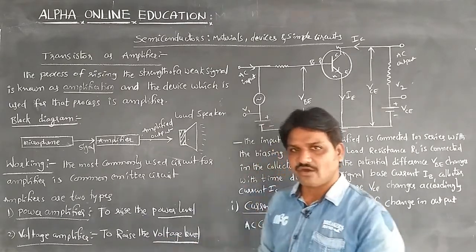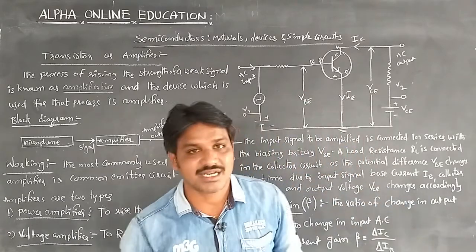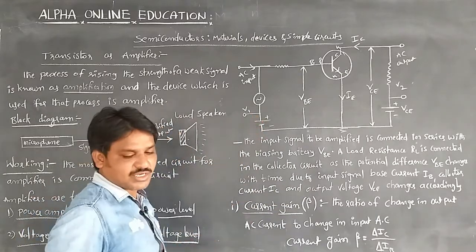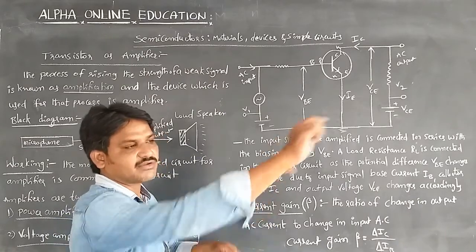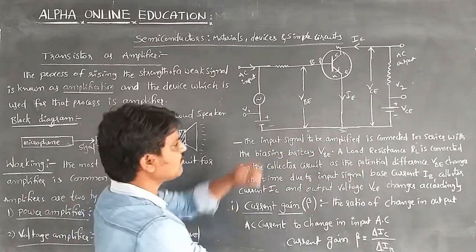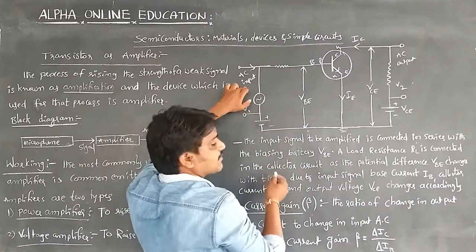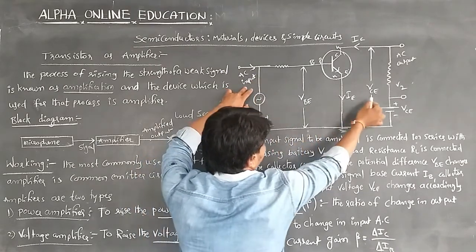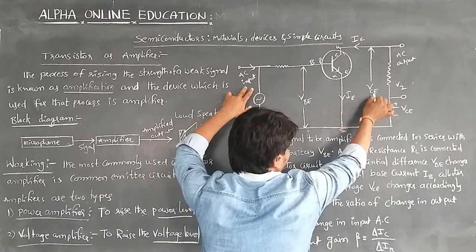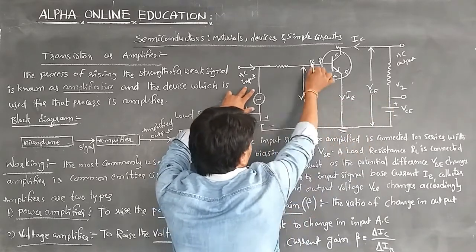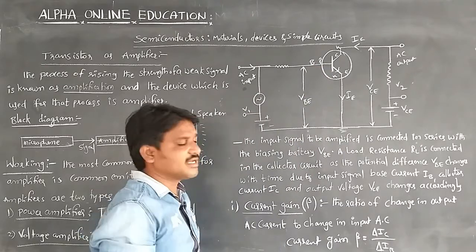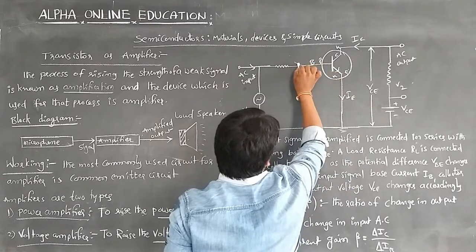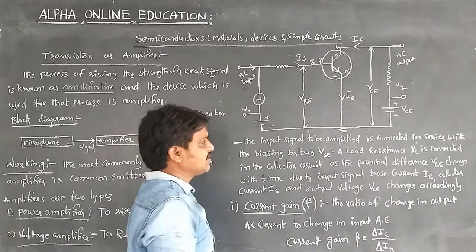Now, the working of a transistor as an amplifier. We know the input and output characteristics of a transistor in the common emitter configuration. Once again, I will repeat it quickly. Whenever the input signal is given, by changing the potential difference VBE while keeping VCE constant, we can measure the base current. And keeping the base current IB fixed,